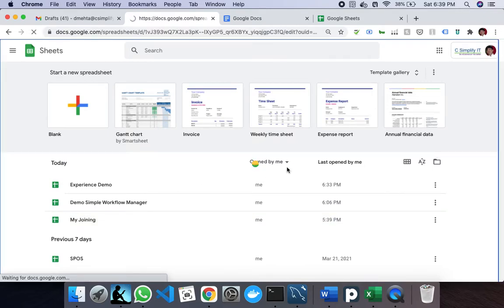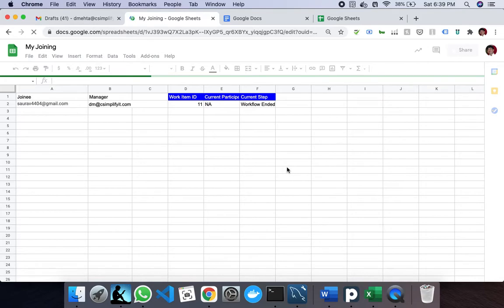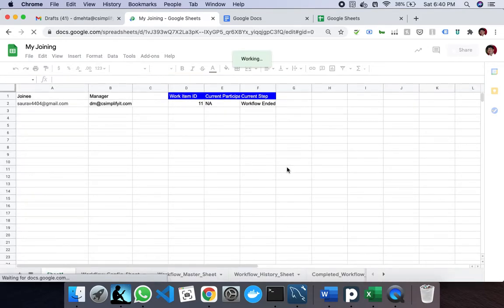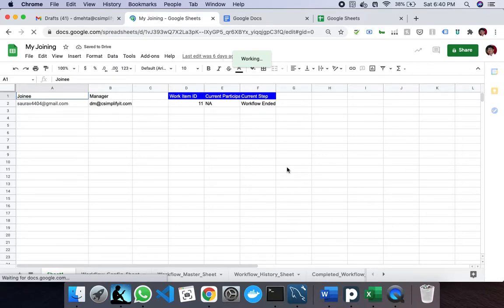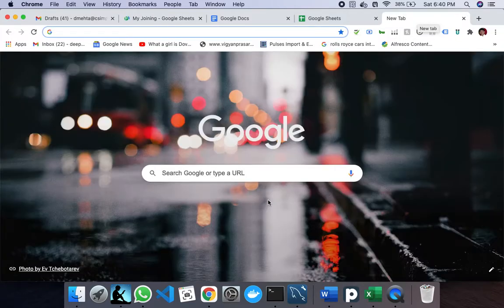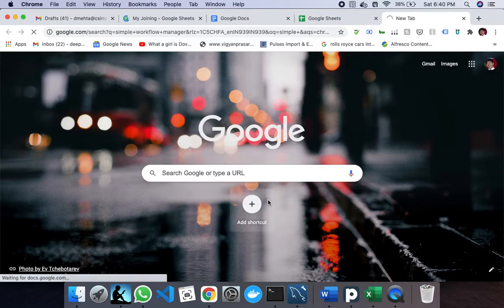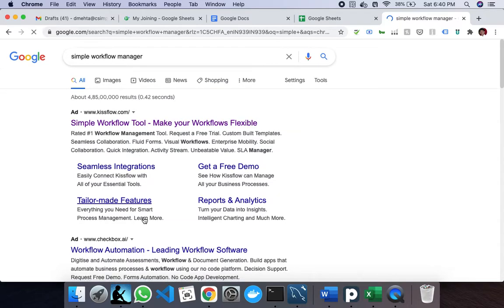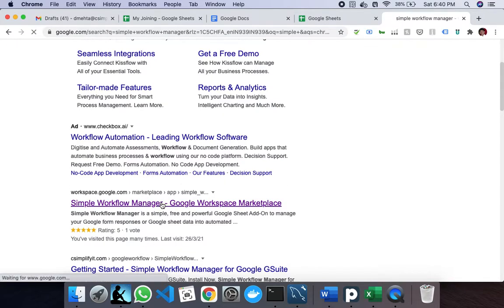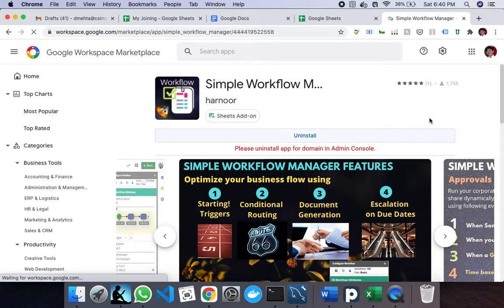So let's say I have defined this, my joining workflow, in my system. So what happens is, initially you have to go to Google, you have to search Simple Workflow Manager, and once you go to this link of Simple Workflow Manager in Google, you have to install it here.